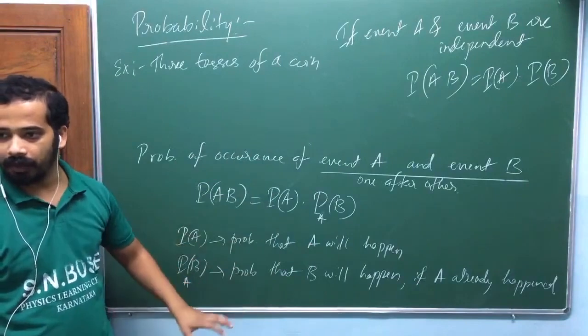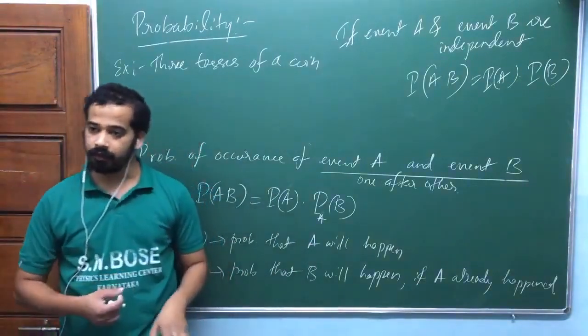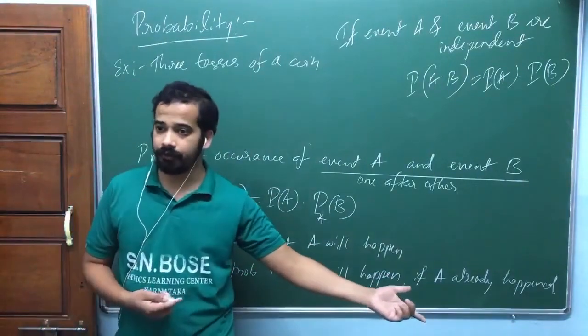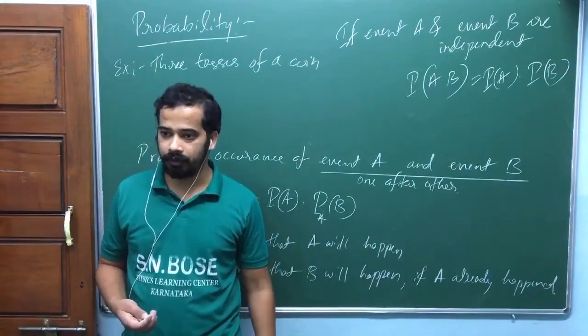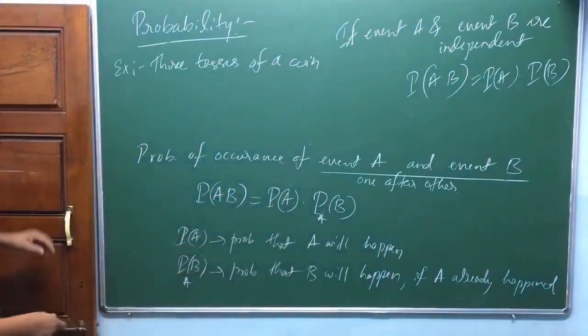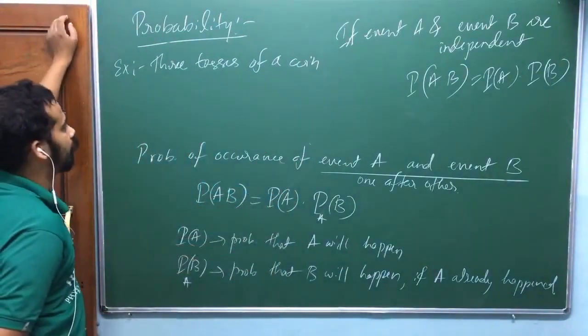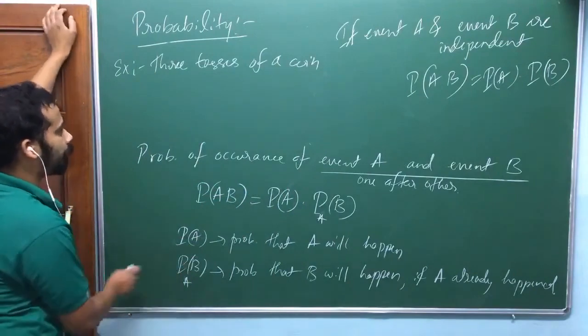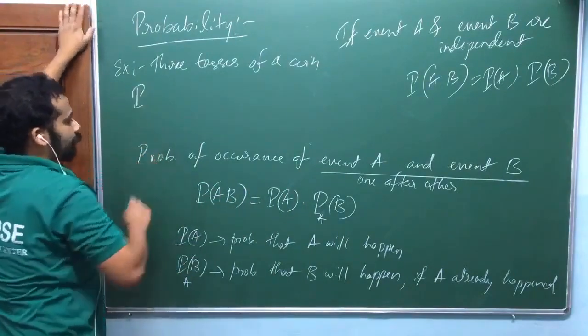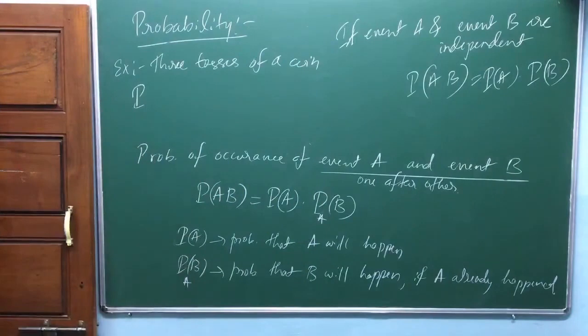Is that okay? There you are drawing. When you draw that one in the second event, number of balls are decreased actually in the box, isn't it? This is different, okay? So that's why 3 tosses of a coin, okay? Now what is the probability of getting all 3 heads?